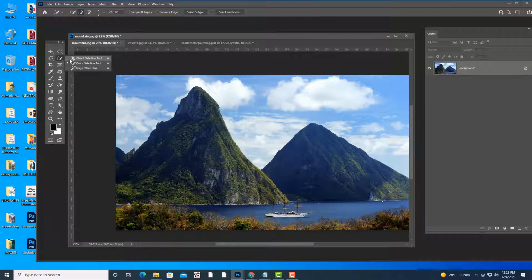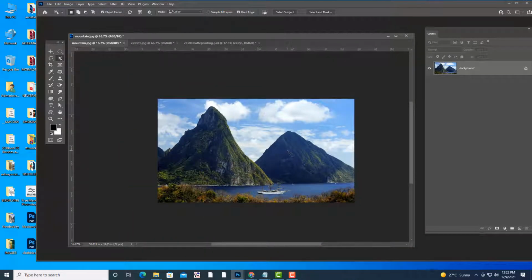Okay, so in 2022 there is one advantage here. See, if you just take an object selection and then click on this mountain, click, that's it. Automatically it will select. It will take time very much. If it is able to find the